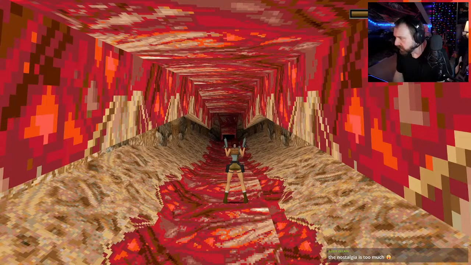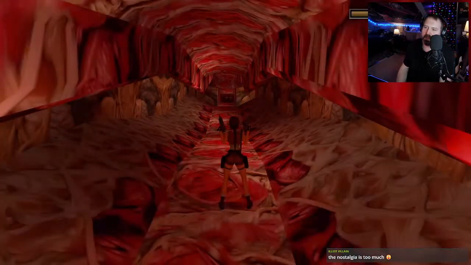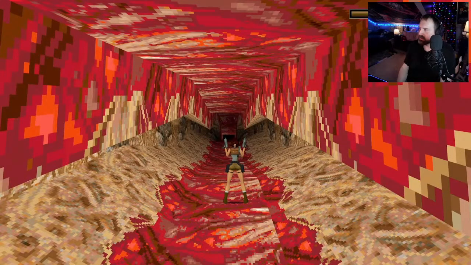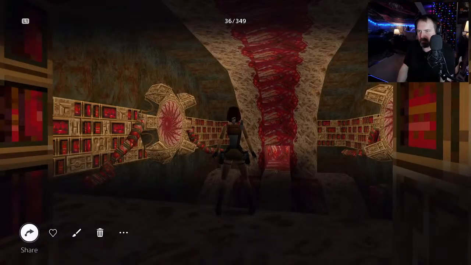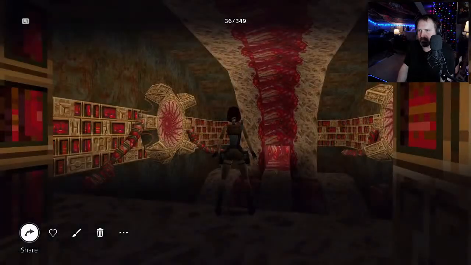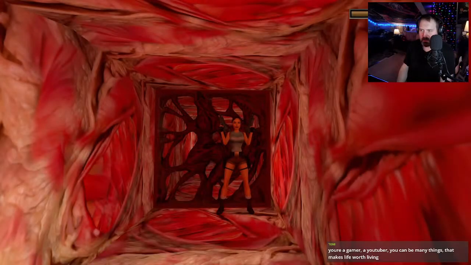There we go. Ah, so better lighting models, yeah. So this area here, you can see what they did. It's still blocky. Everything's based on squares, but the graphics are insanely different. Even with stuff like that, there's the old, the new. I think the HDR is kind of messing with it and making it look dark.